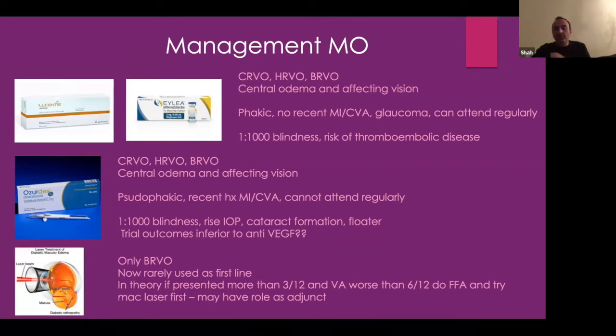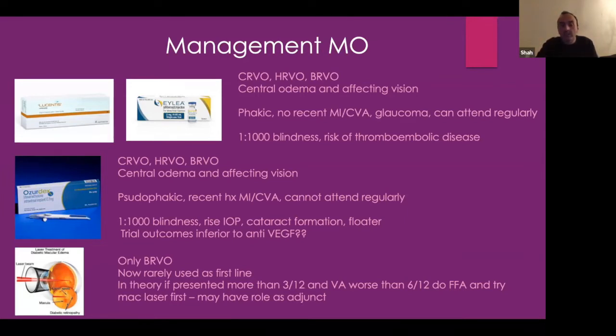And the advantage of Ozurdex is that you don't need to see the patients that often. So it's meant to be 2 a year, but actually probably more like 3 is what patients need in order to control the edema. But that's 3 injections, and then you need to see them 2 months after the injection to check for pressure rise. They will develop a cataract. So once you've done 2 or 3 Ozurdex implants, cataract will come. You remove the cataract, and then vision gets better, and they'll do okay.